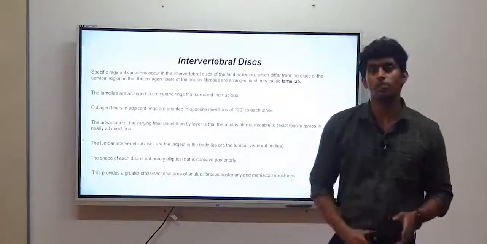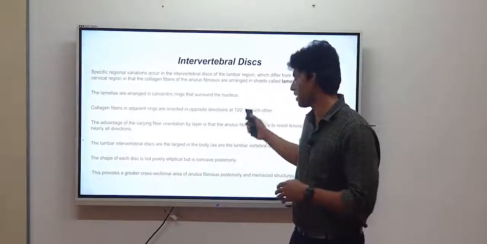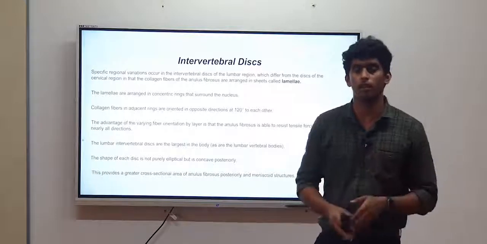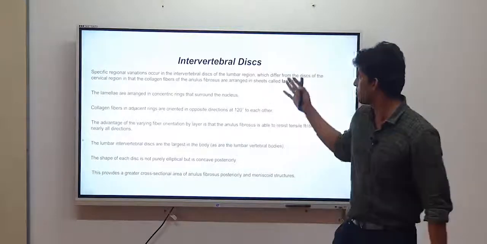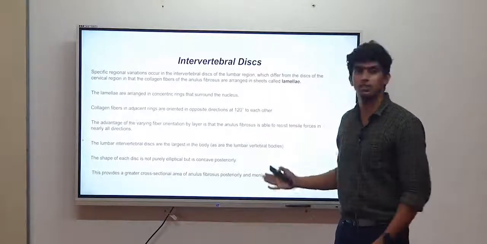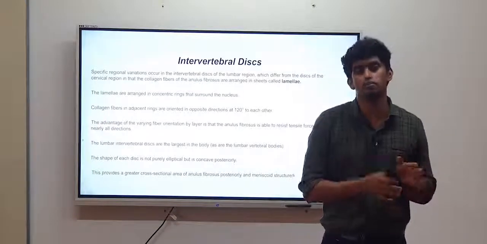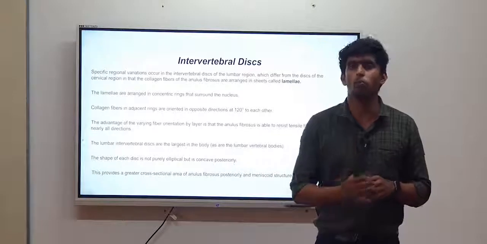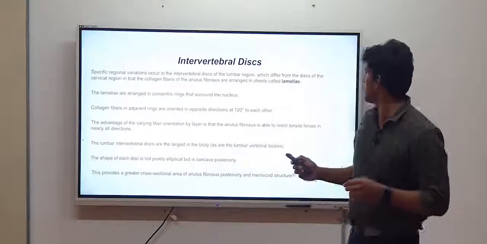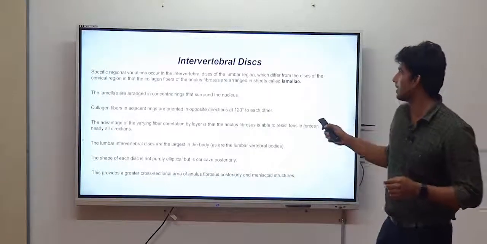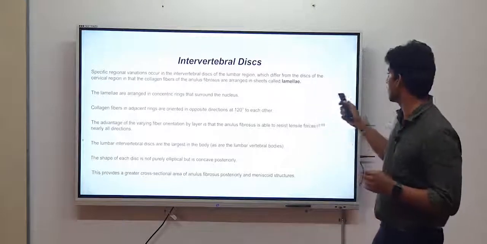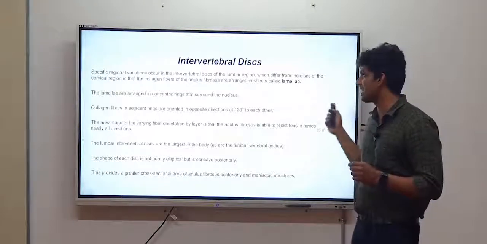So in the last part, we had discussed till the articulations of the lumbar area. From now onwards, we'll start with the intervertebral disc. As I mentioned in the last few videos, lumbar will also have the more mobile joint. So in this area, the intervertebral disc of the lumbar area differs from the disc of the cervical region,